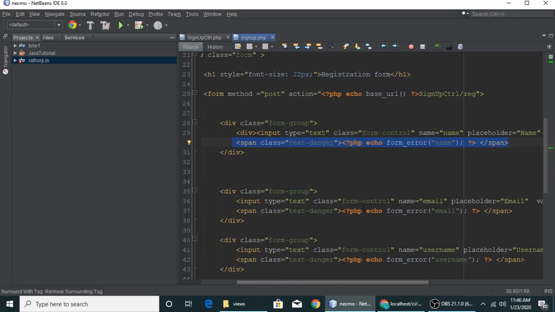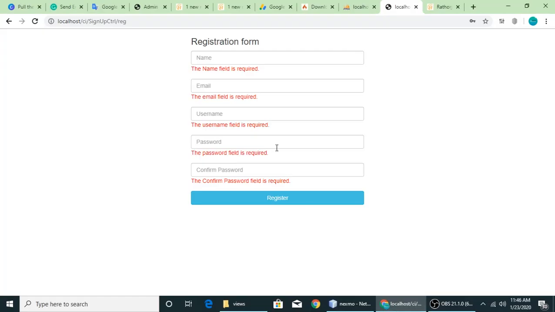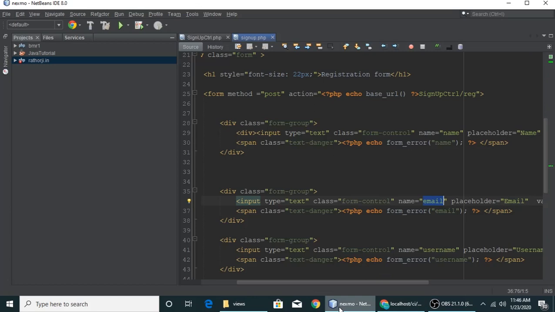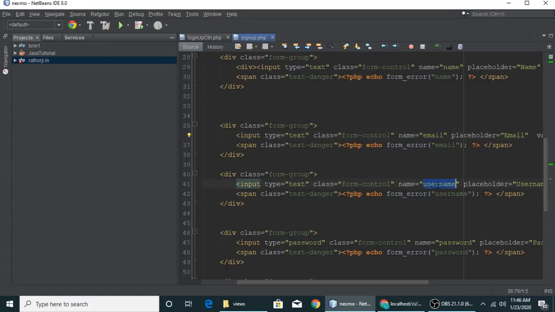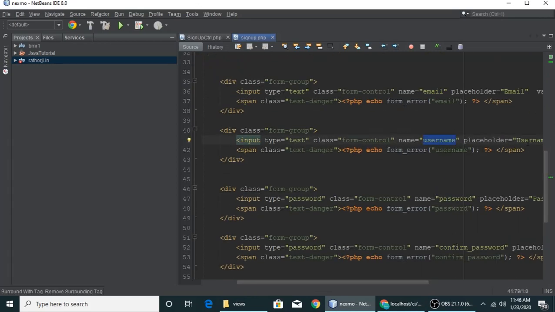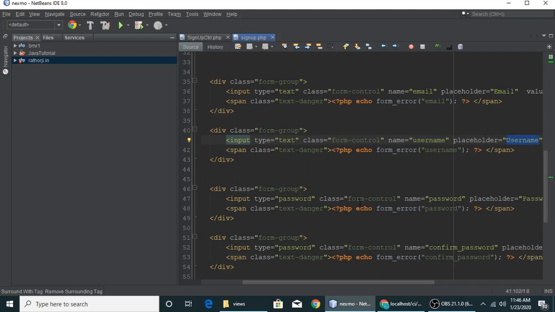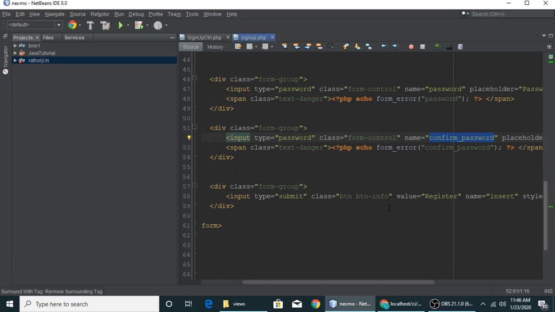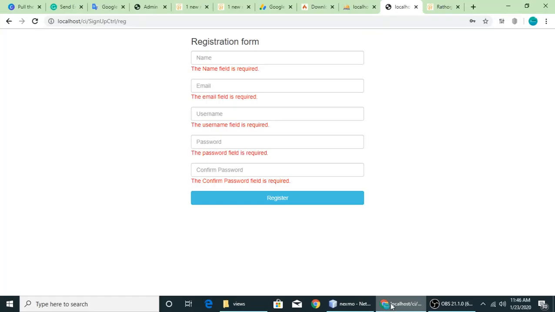So let's see another one. This is for the name field. It's just basic HTML: name field, username, password, and email. This is a name field, this is the username field, and its placeholder is username, and it's a password and confirm password. And also we have a button, input type submit, and it's a button which is a register, this one,